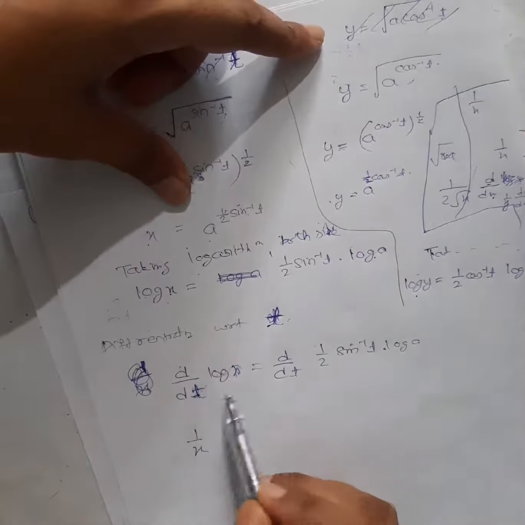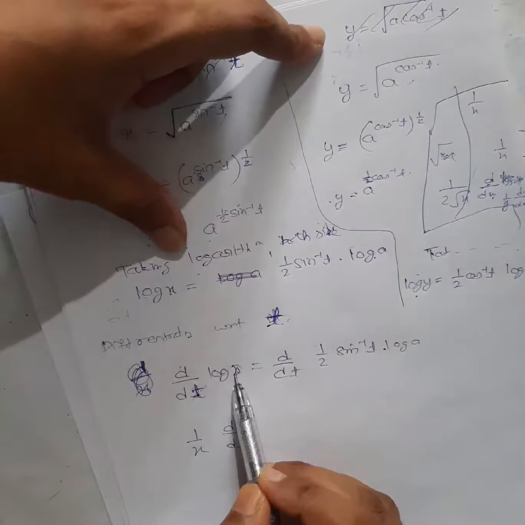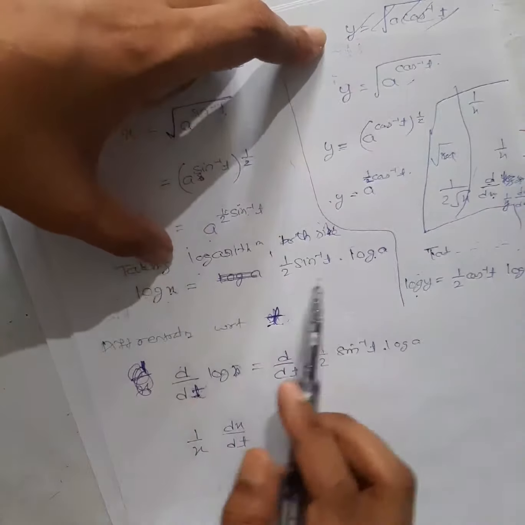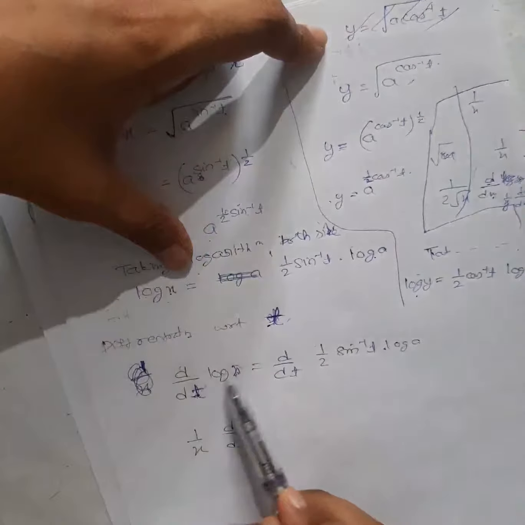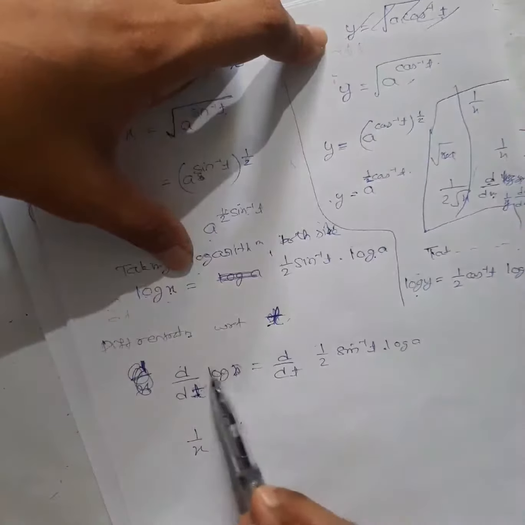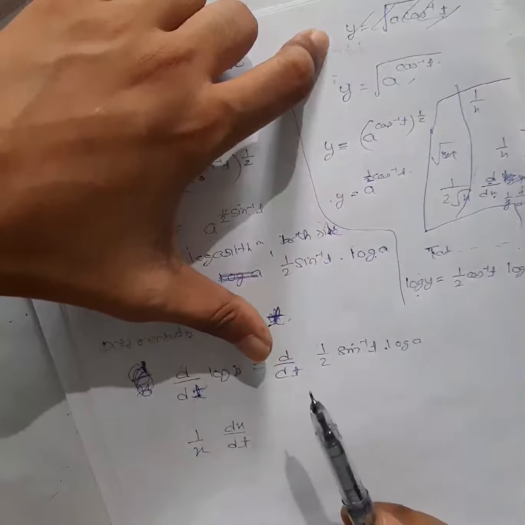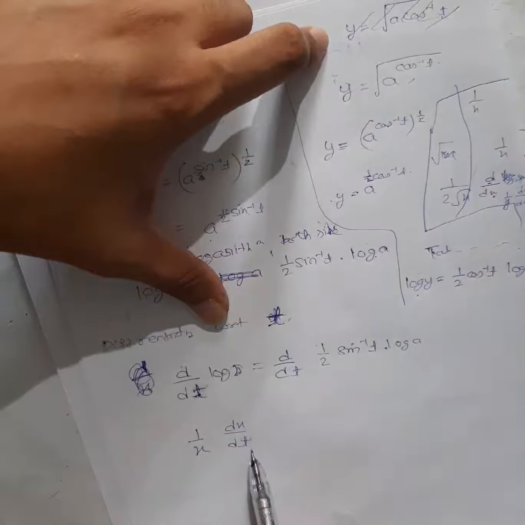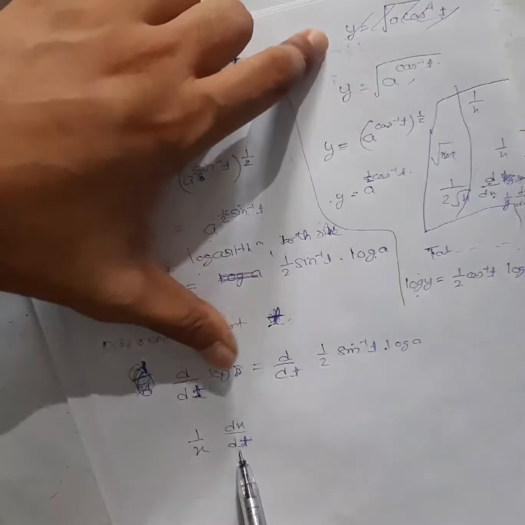So here, very important: the independent and this variable you have to check carefully. Here the dependent variable is x, the independent variable is t, different. If the independent variable and dependent variable are the same, then we differentiate once, chain rule, but you will get 1 there, because dx by dx becomes 1. But here it is different, so don't forget this one, dx by dt, you have to differentiate again.